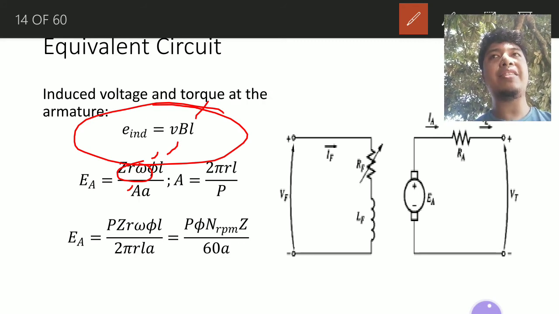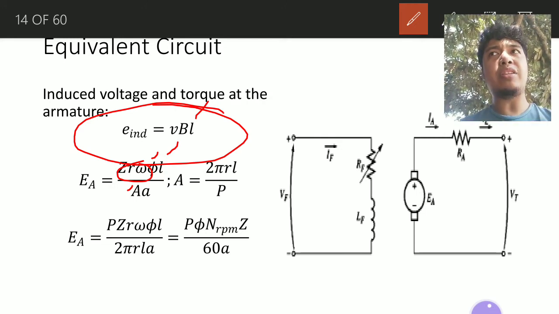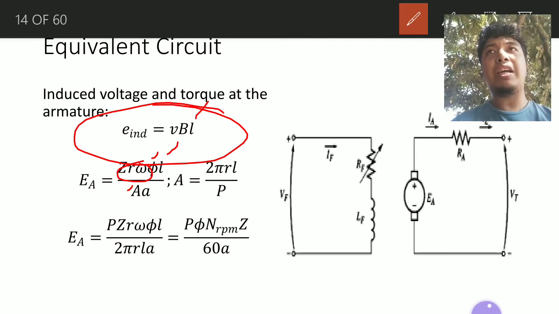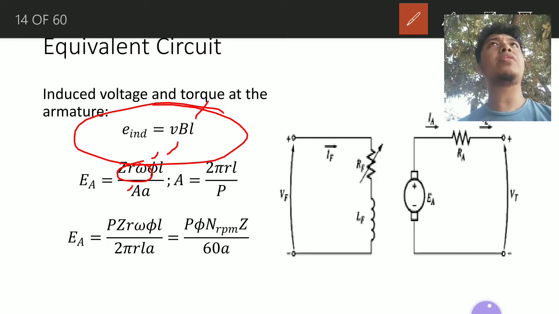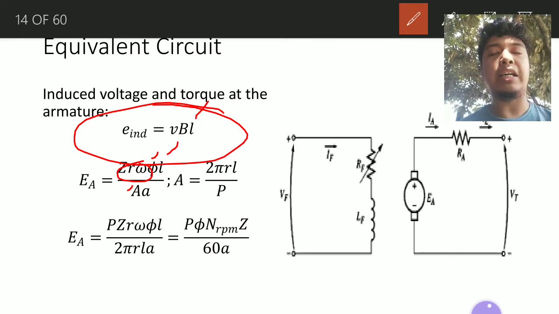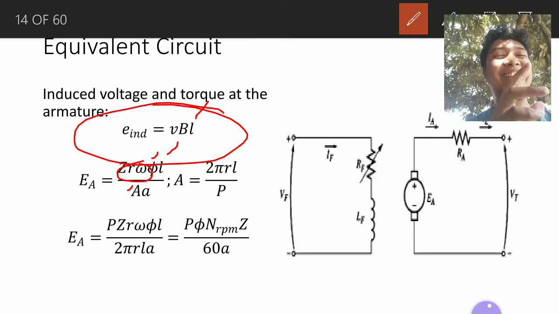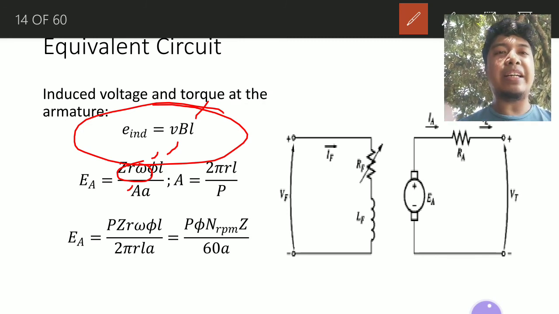Okay, hindi siya pwedeng to the total number of conductors lang kasi hindi naman lahat ng conductors na yun ay nakaseries. So you have to consider na yung total number of conductors na yun ay divided equally on, well, ideally it's divided equally on the number of parallel paths. If you can still remember kung paano nyo ginagawa yung parallel paths on the laboratory, yes. Okay. So for the area